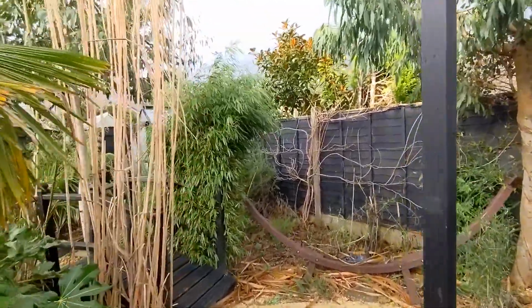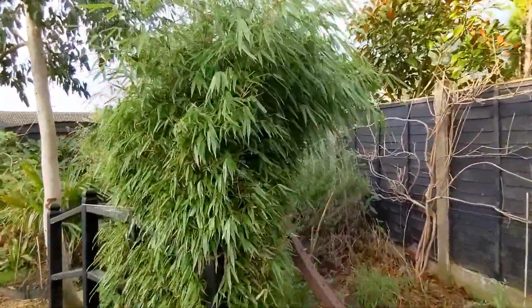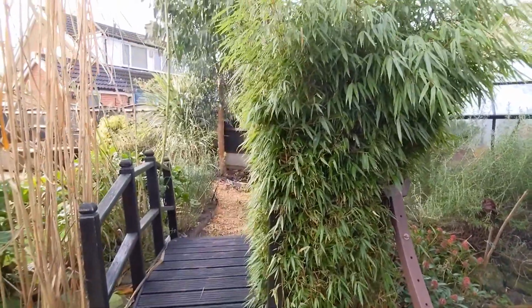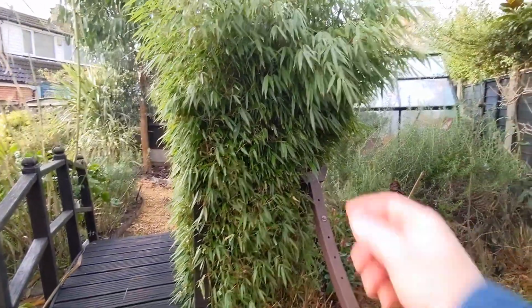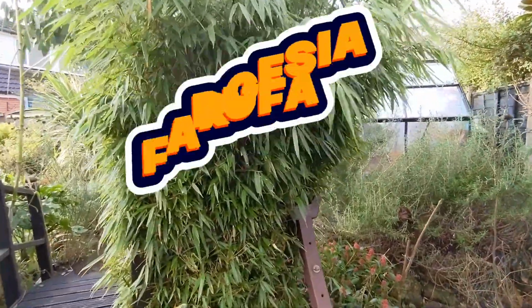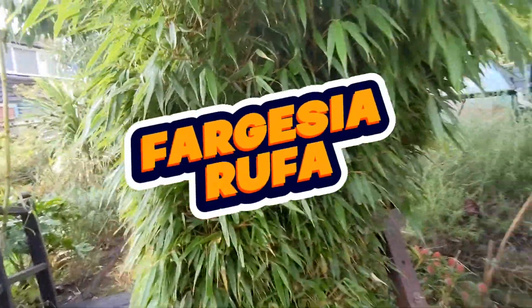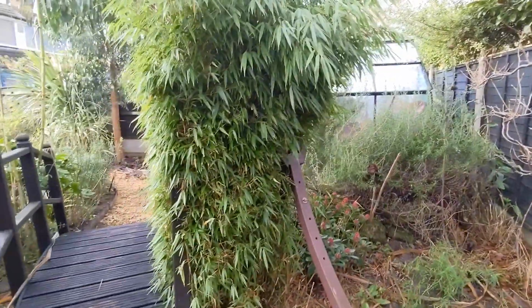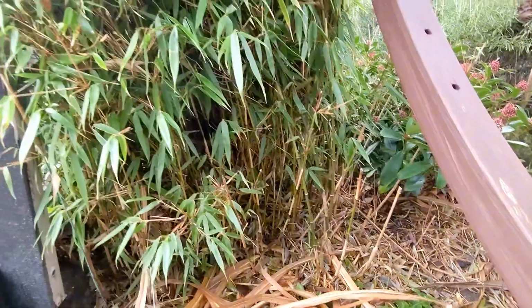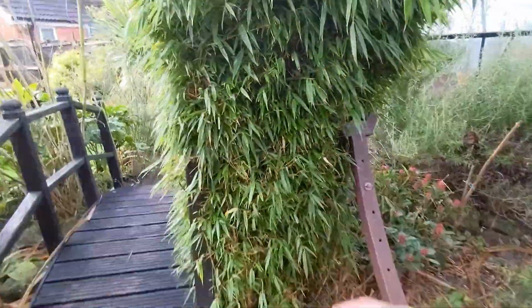So the next plant I want to talk about is bamboo. So another plant that you can find in every garden centre in the country. This bamboo is the one that you will usually find if you're looking in a local garden centre. It's called Fargesia rufa, and it is a clumping bamboo and it won't run. That's not to say it won't spread. It does spread out and you can cut it back, but it's not something that you will find popping up